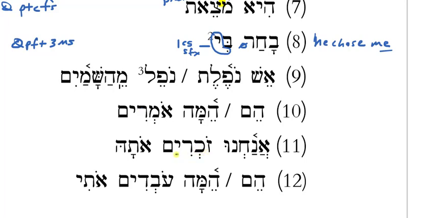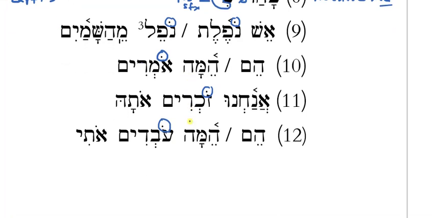Good. Zokhrim, is that a perfect or a participle? Participle. Got the holum there. What's zakhar mean? To remember. Zokhrim is remembering. Good. And ovdim, perfect or participle? Participle. There's the holum. So this is serving. Okay, so you see those holums all the way throughout where we've got our participles. Okay, there you go. All right, excellent.